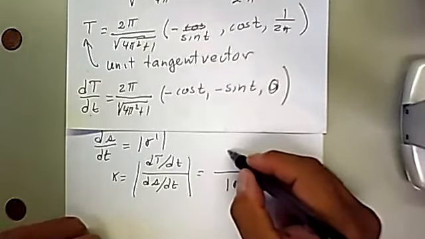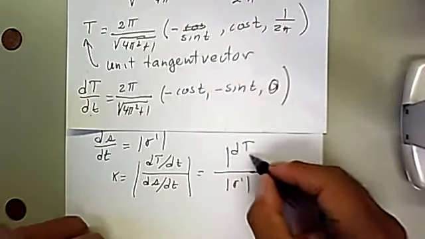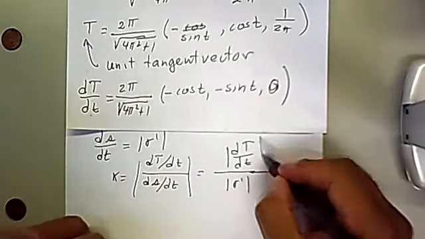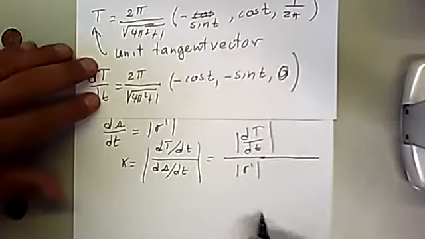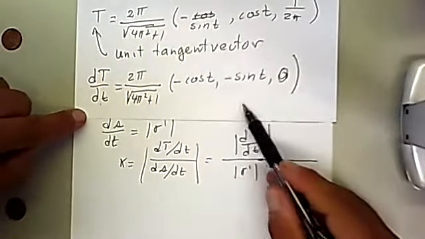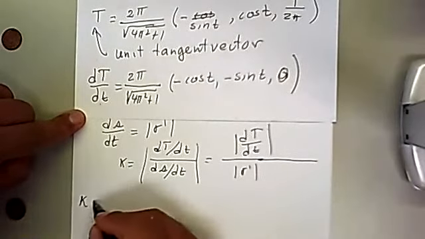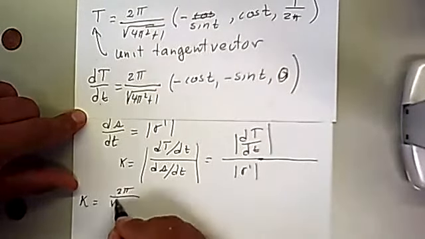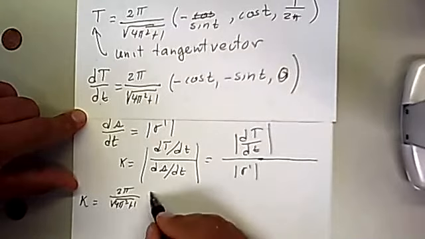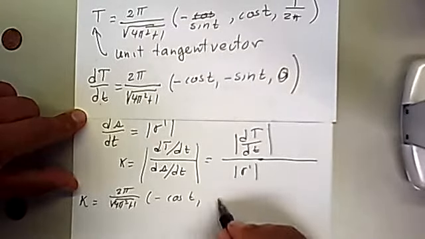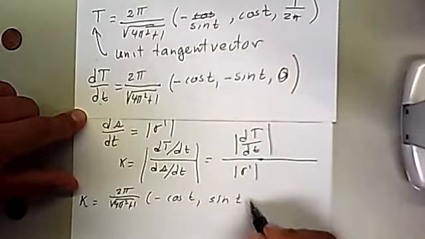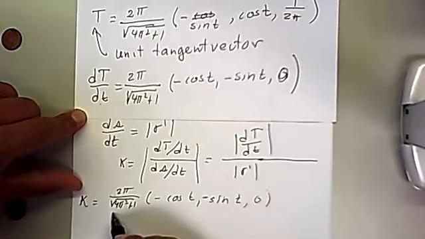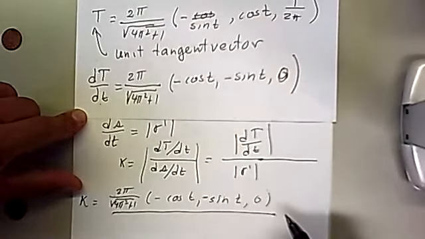Well, let's just write this down in a simplified form, dt, and now let's replace this with what we found earlier. So the curvature is equal to this vector, 2 pi over the square root of 4 pi squared plus 1, negative cosine of t, sine of t, negative 0. And then we're going to divide by a scalar, and this scalar